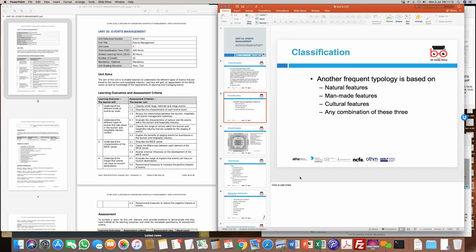Now, this type of classification also kind of matches some of the others, which have been quite generically defined as natural features. So when you look at the first one, man-made, which is structures. Third is cultural. So things like festivals, or fairs, which are a part of the calendar year but happen primarily because of cultural reasons. So this point is differentiated from another point that we looked at earlier, which was man-made buildings or structures for leisure purposes. Here, for cultural reasons, they've created a category. And the fourth could be a combination of any of these.